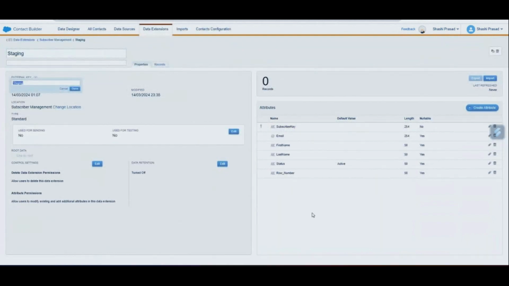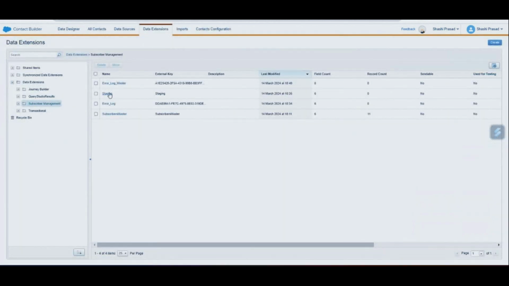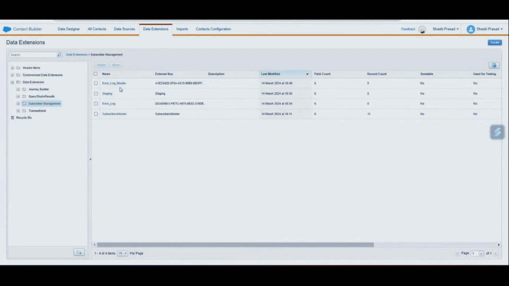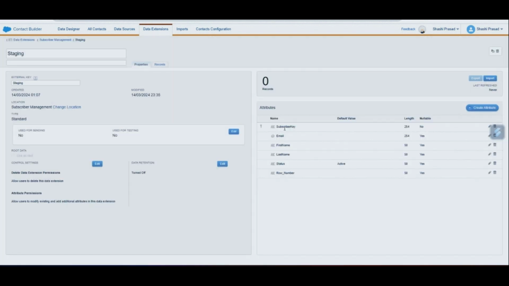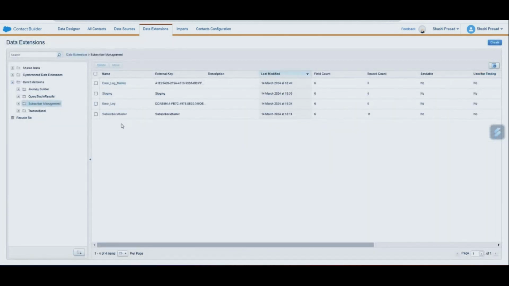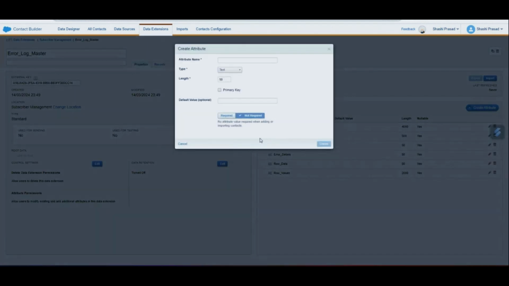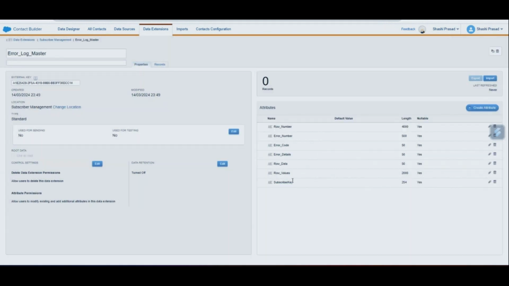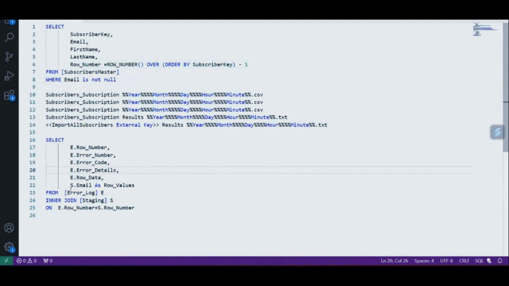Now, let me do one more thing. It will be easier for you as well. So let me copy the subscriber key. So subscriber key, this is the error log master. Let me create subscriber key. Give the similar length that you have in the staging key. Let's say not required and click on create. Now we can go back to our query